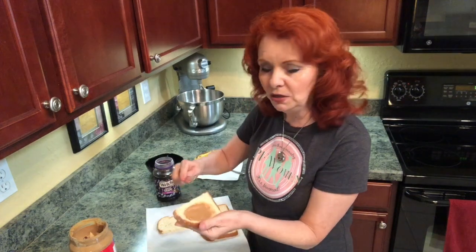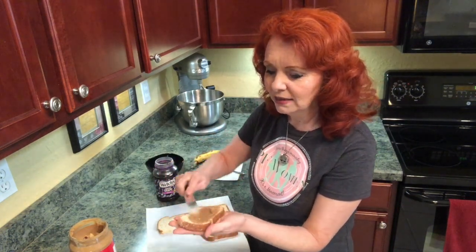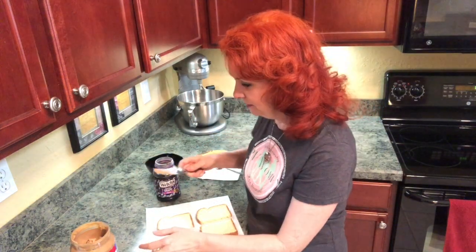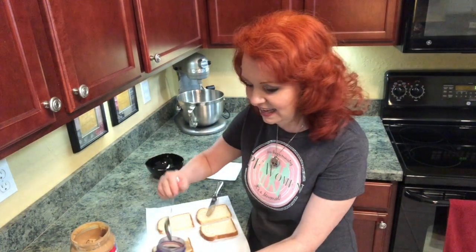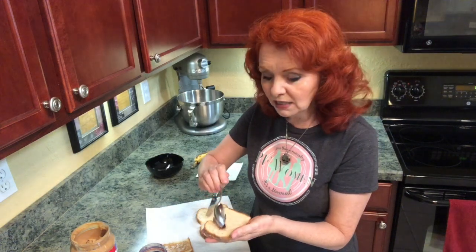Spread that peanut butter. I'm using sourdough bread, not that it matters. You can use whatever kind of bread you want. And they put their peanut butter on their bread. And then they take their jelly and either try to spread it on the other piece of bread or spread it on top of the peanut